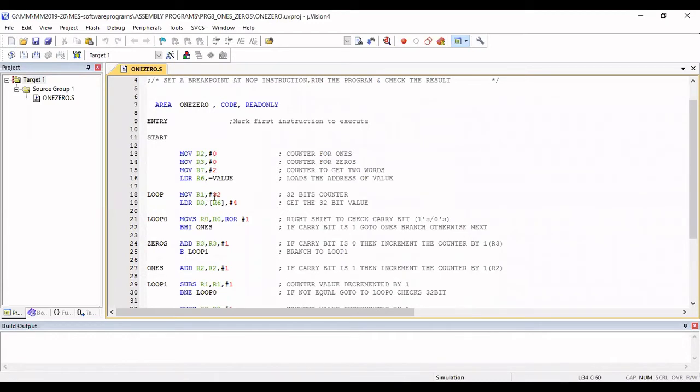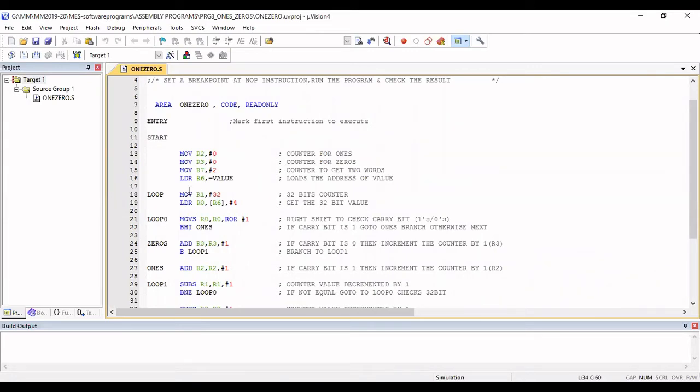Now MOV R1, #32. Why is this counter required? You have a 32-bit binary number, and you need to repeat the checking, since each bit you have to check. You're going to use the rotate right instruction on that particular number. Whenever you rotate right that number, the rightmost bit will come to the carry flag, and you're going to check that.